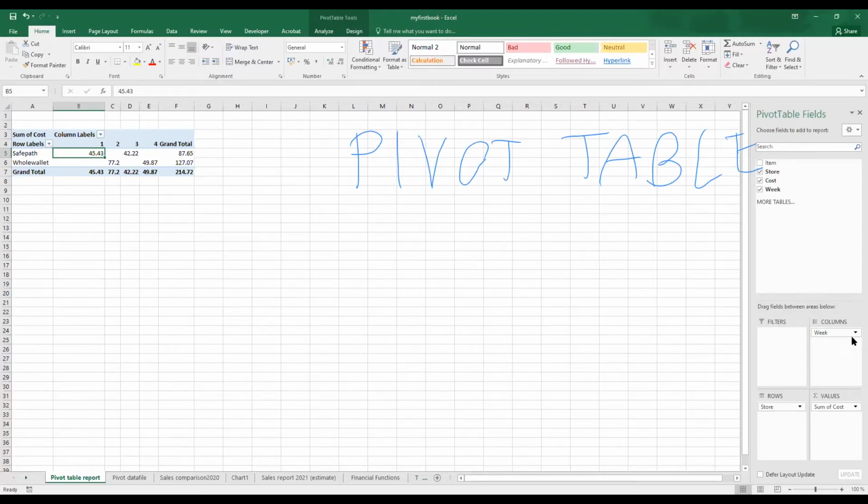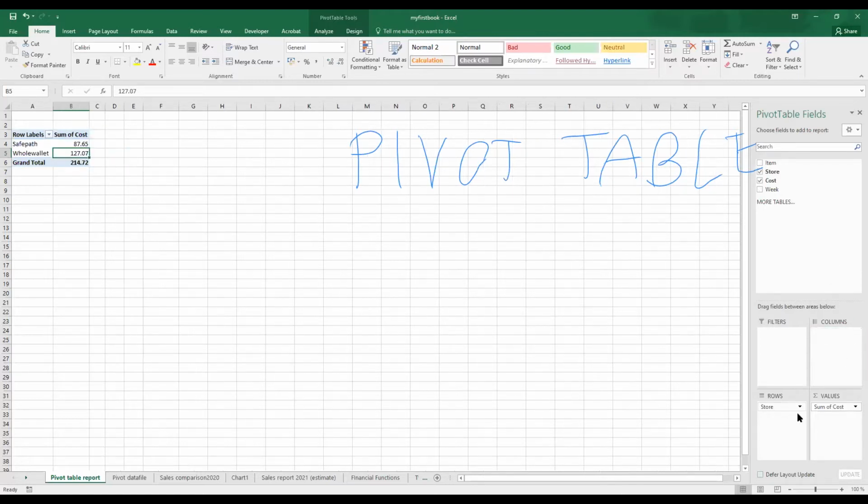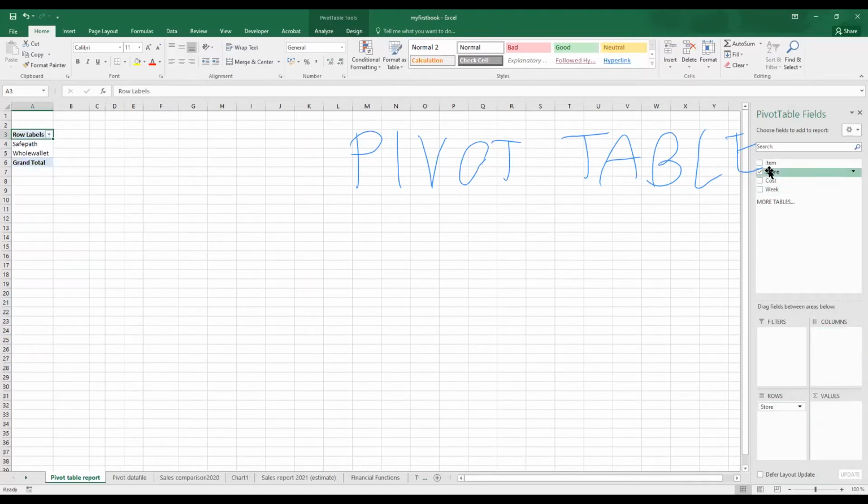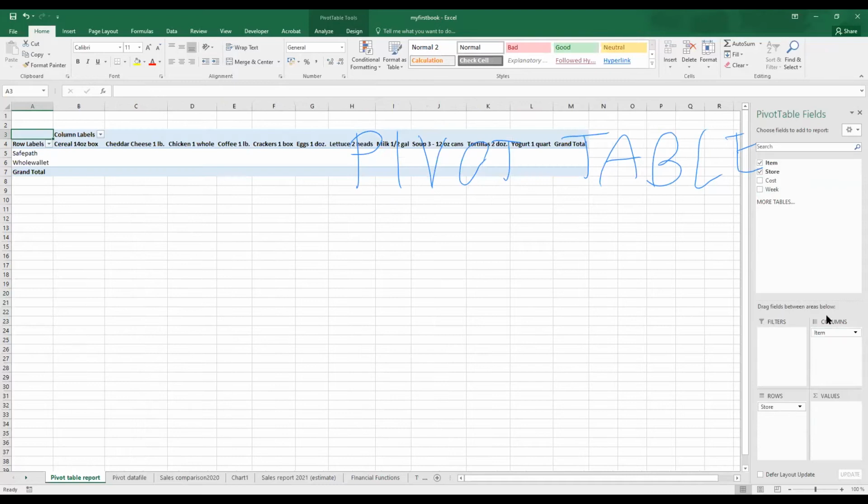But if I didn't plan everything ahead, what will happen if I say that I have store in rows and item in columns and cost in value,